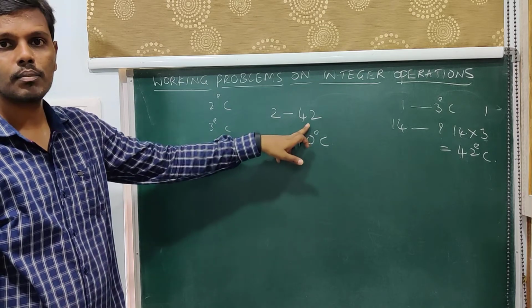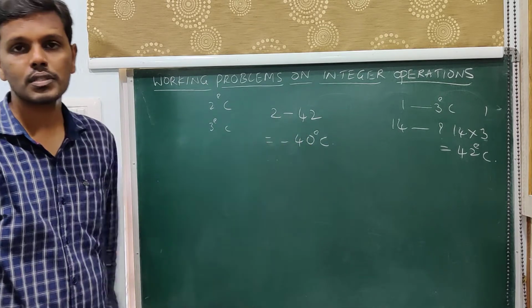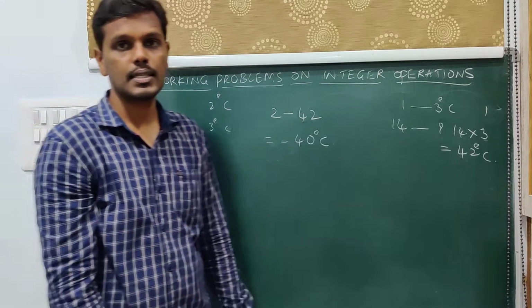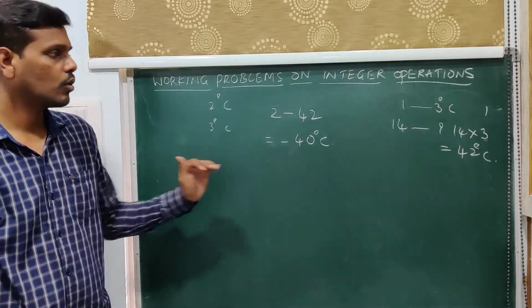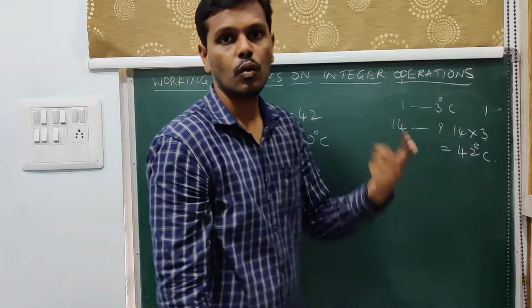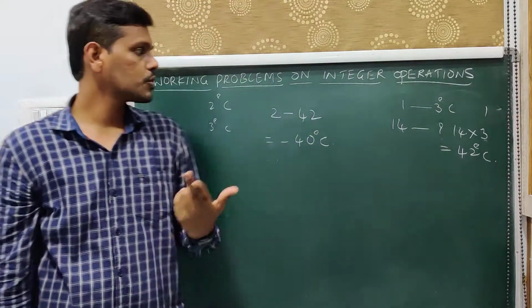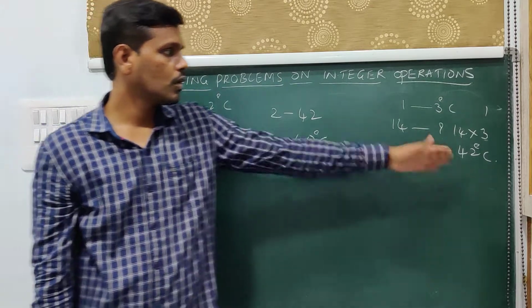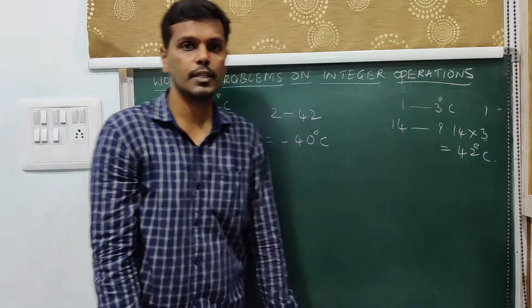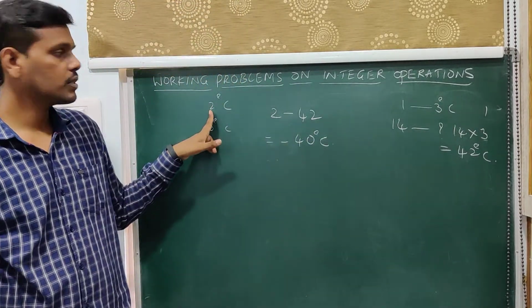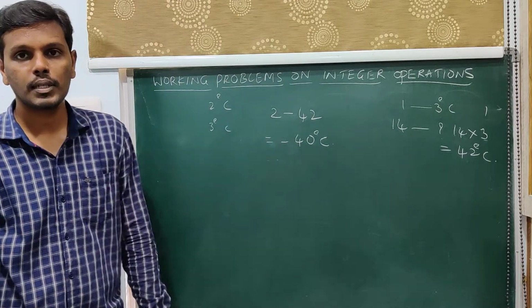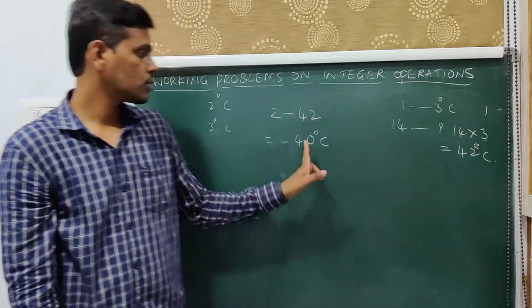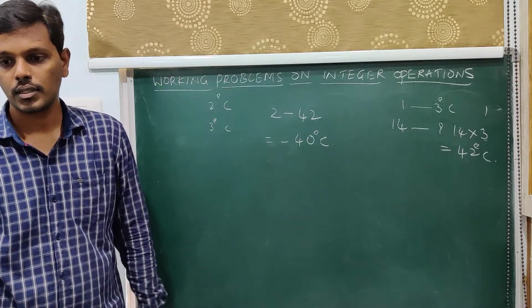It is 40, the biggest number is 42, the sign is minus, so this is minus 40 degrees Celsius. So that is the way to go about it. Instead of going on a number line, you can think this way. On one day 3 degrees is being reduced, so in 14 days 42 degrees Celsius is to be reduced. So the initial temperature is 2 degrees, reduce 42 degrees Celsius, then that will give you the temperature after 2 weeks, which is minus 40 degrees Celsius.